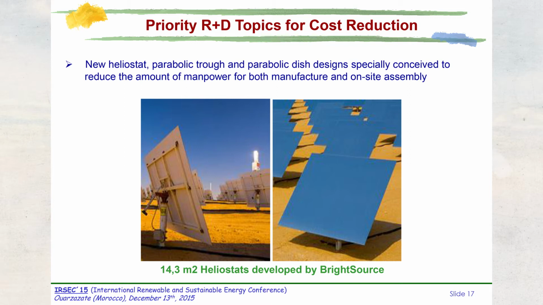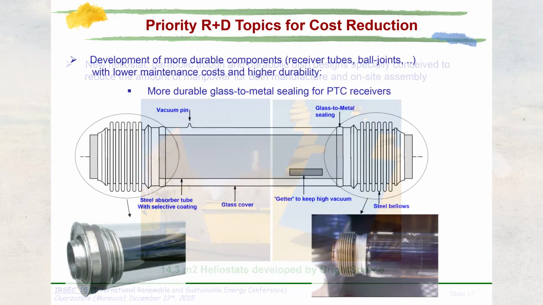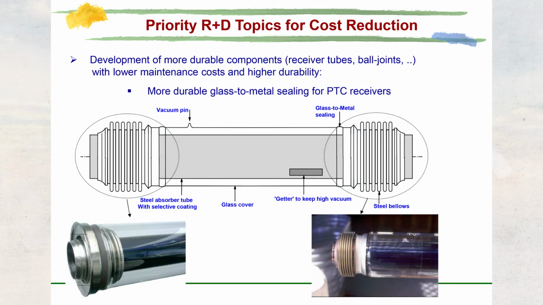For instance, the receivers, the receiver of parabolic trough. The receivers for parabolic trough collectors are expensive, very, very expensive, because the technical level of this component is very high. And there is one component in the receiver, which is the glass to metal sealing here, to connect the glass cover with